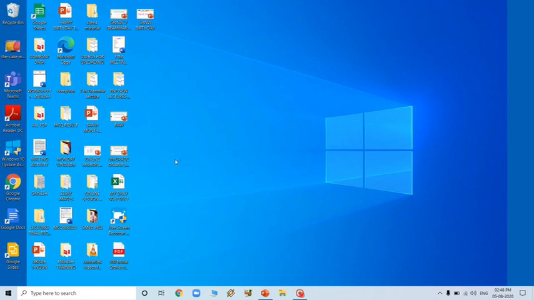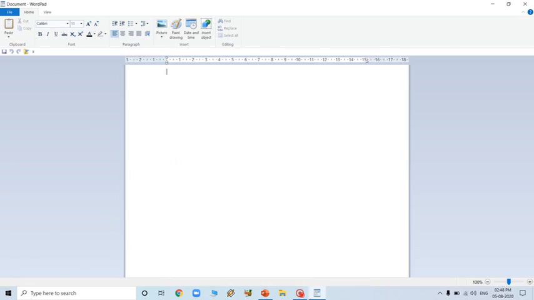Here you can see I have got the WordPad option. Now I'll show you step by step how to use WordPad. In WordPad we can type letters, you can see here. You can write notes with the help of the keyboard.